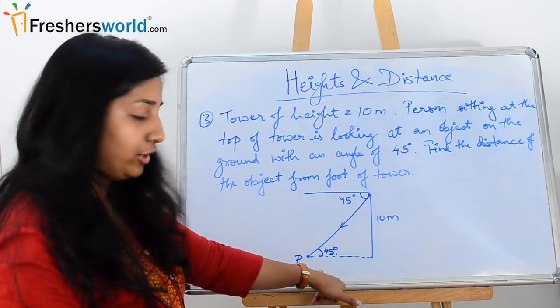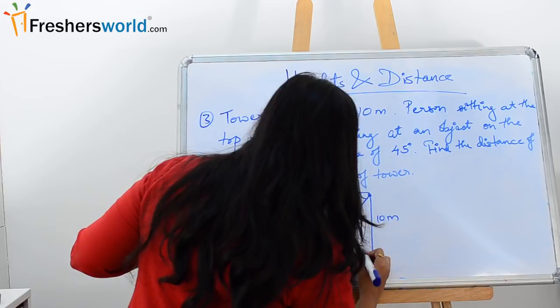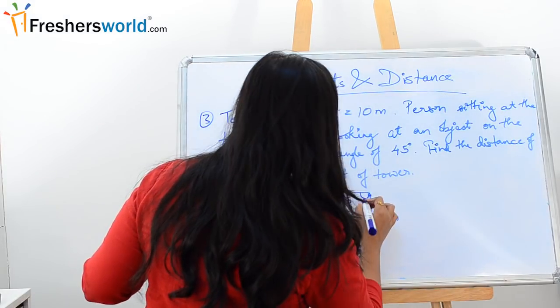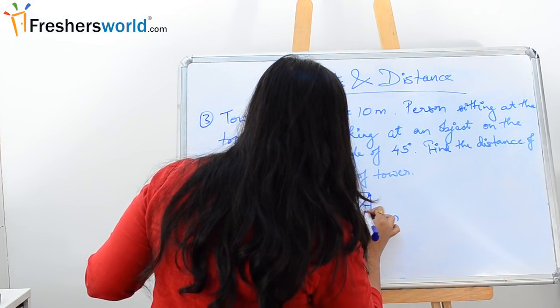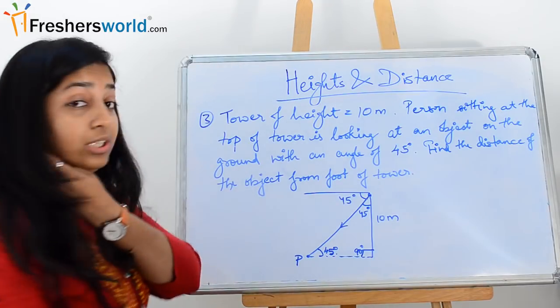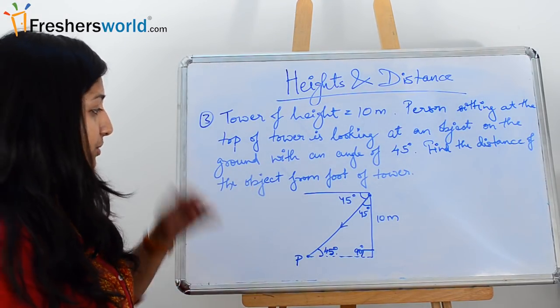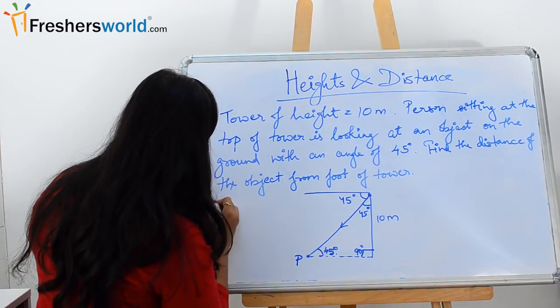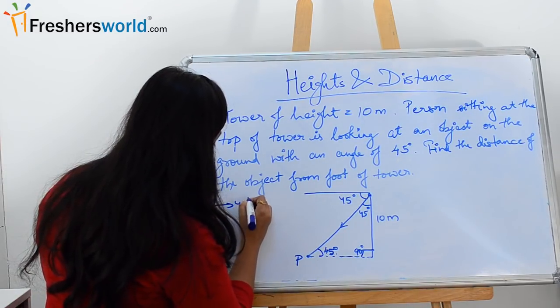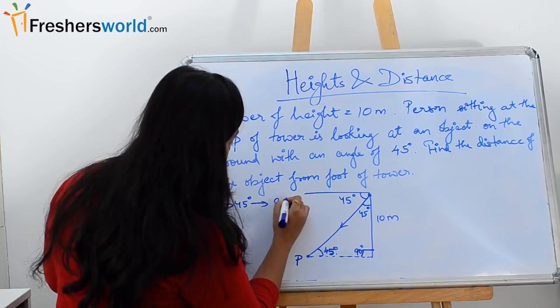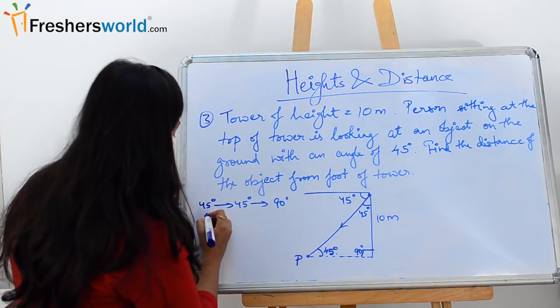So we have this 45 degree and like always, this will be 90 degree and this will again be 45 degree. So now in this problem, we will be using our second set of ratios, which is 45 degree, 45 degree and 90 degree,